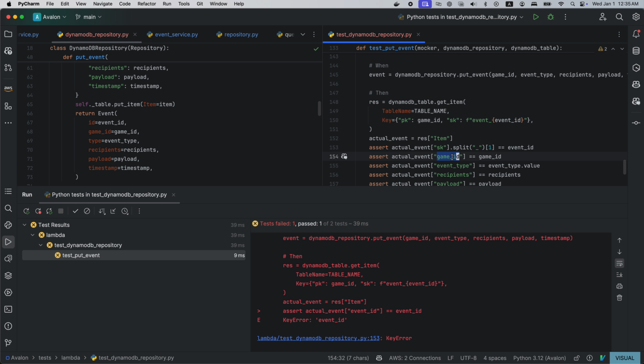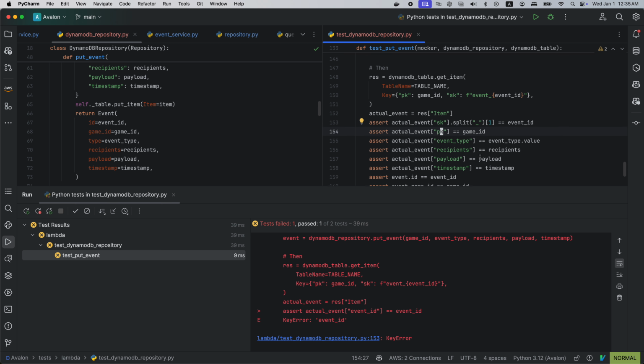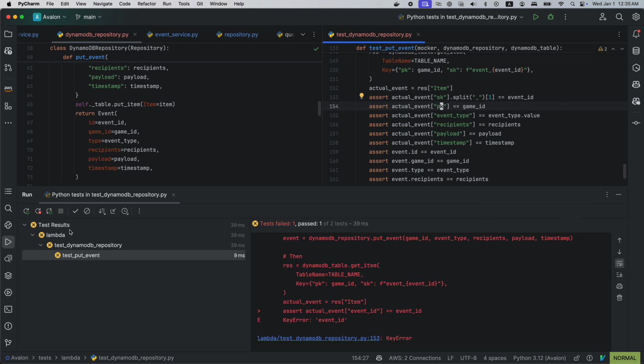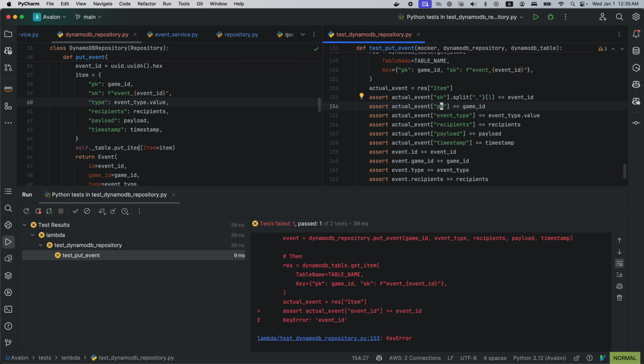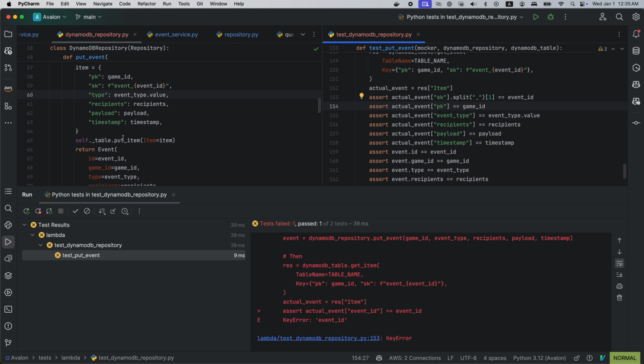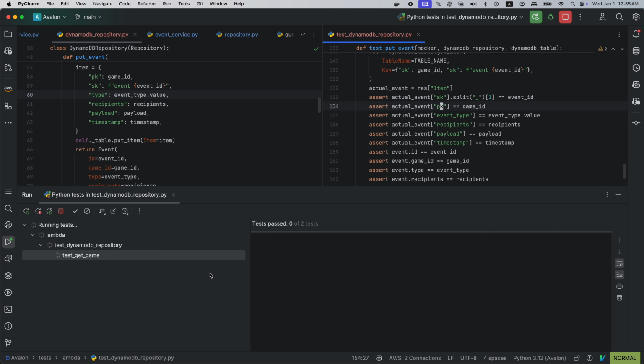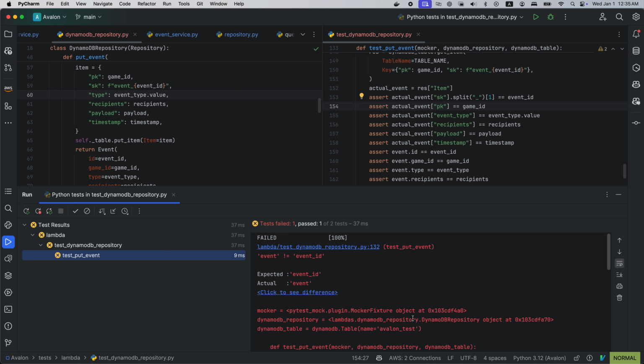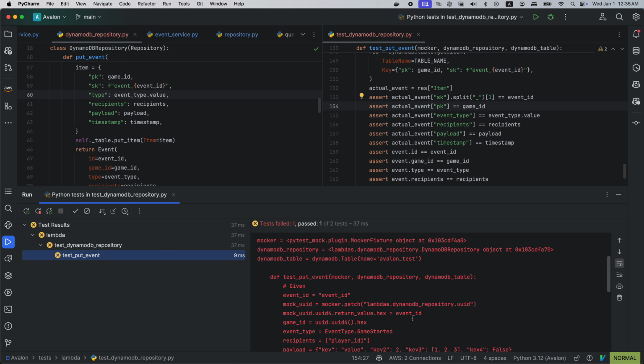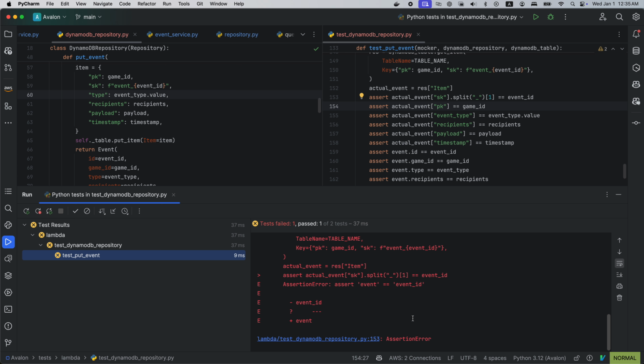So we have to do this, and this is not game ID, this is the PK. Primary key is that. Okay, same. I mean, that should be fine. Event doesn't equal to event ID. What?